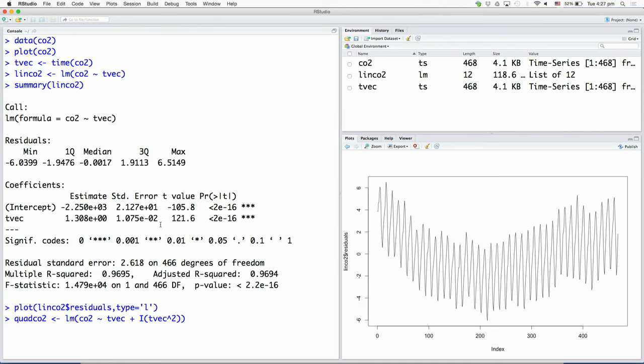So, our model is y is some a naught plus a1 t plus a2 t square. A naught is implicitly understood to be present. So, we are supplying t vec here in the formula, forcing LM to fit an a1, and then we use this syntax I of t vec square. This essentially tells R that t vec square is another regressor.